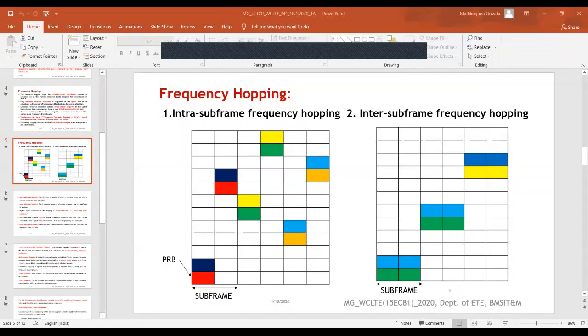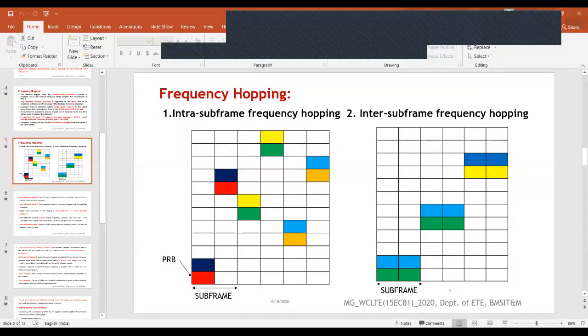But in inter subframe, it will hop from one subframe to another subframe. I hope it is clear what I said about intra subframe and inter subframe frequency hopping.